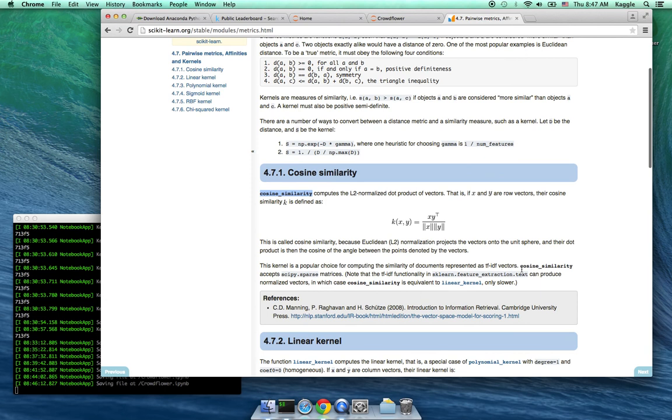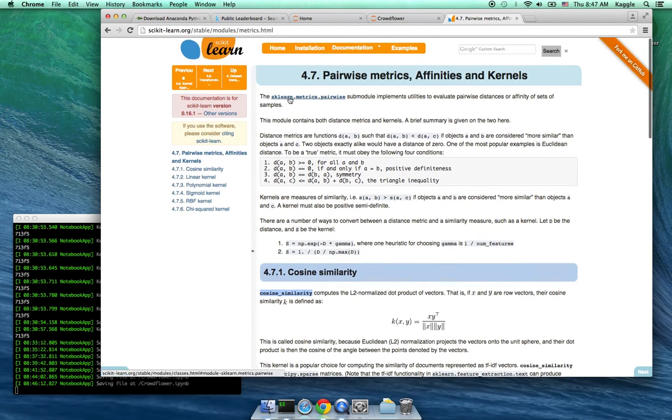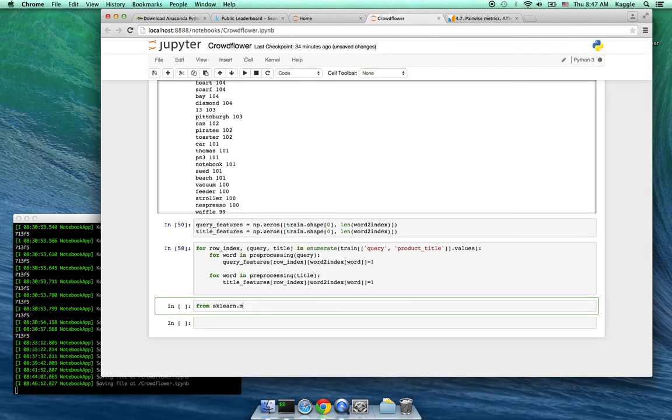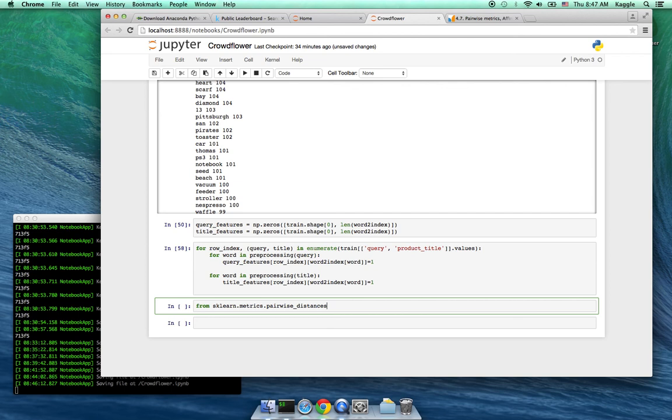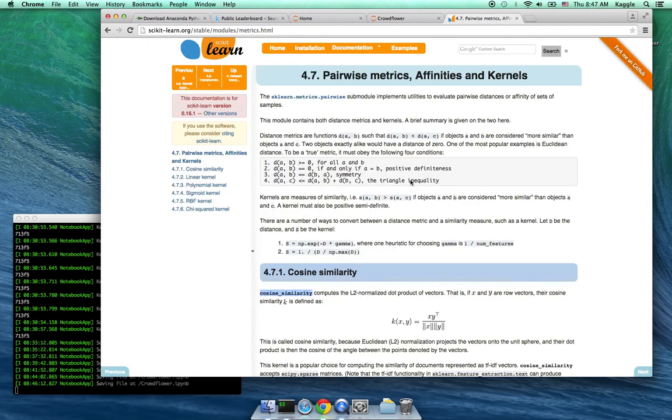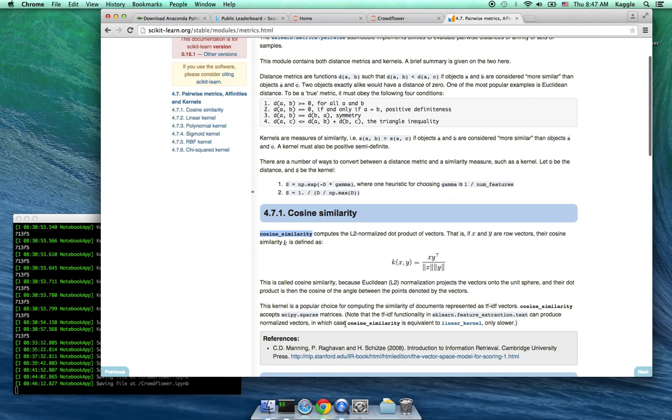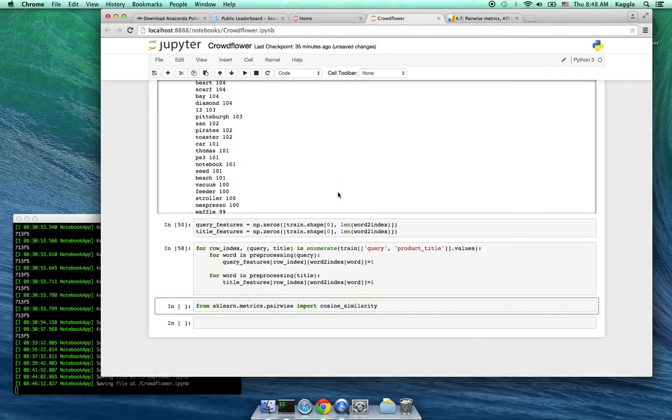So where do we get it from? L2... sklearn matrix pairwise. Matrix pairwise distances. And then import cosine similarity. Yeah, I screwed that up. Oh, it's just pairwise. Cosine similarity. So down here you can read that if you use the sparse matrices and actually the TF-IDF vectors, you can just use the linear kernel to compute it. That's also something we will do later, but for now just